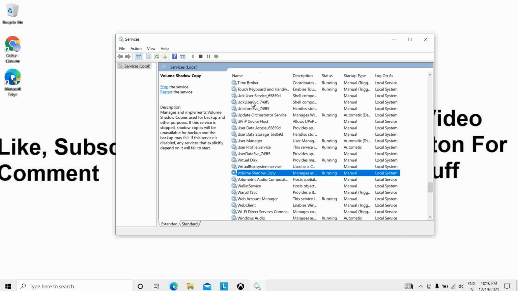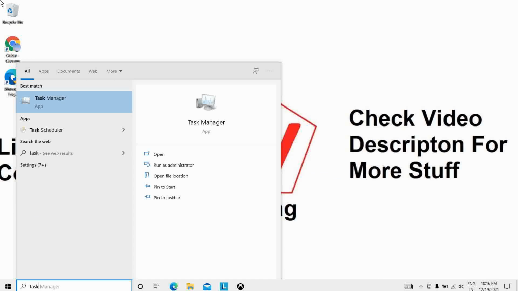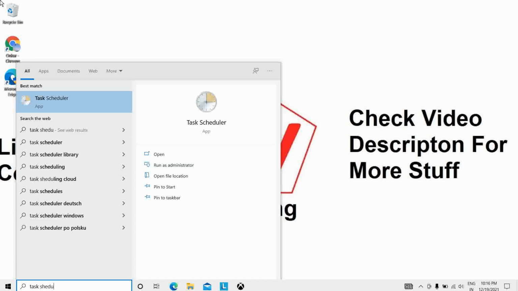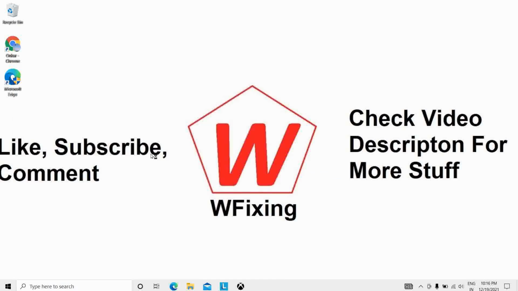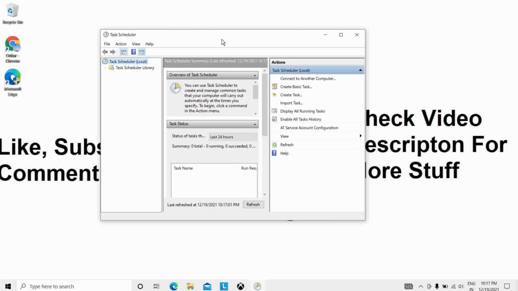The fourth solution is to change the triggers in SR properties. Type task scheduler in the search box, then open it. In front of us there is the Task Scheduler.